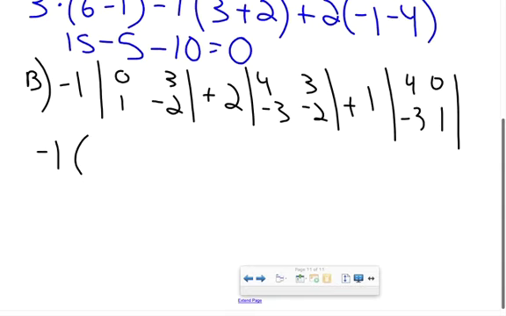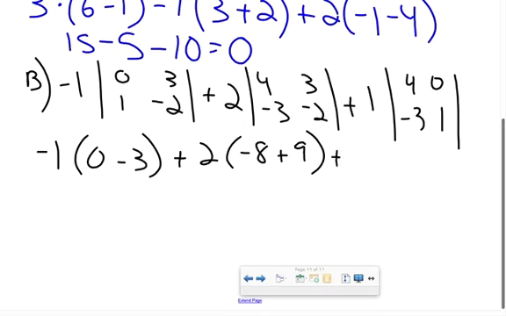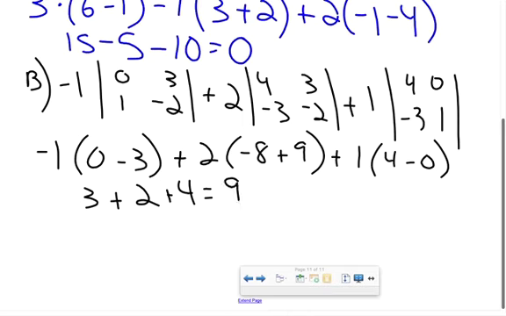So -1 times 0 minus 3 plus 2 times -8 plus 9 plus 1 times 4 minus 0. -1 times -3 is 3 plus 2 plus 4 is 9. My determinant